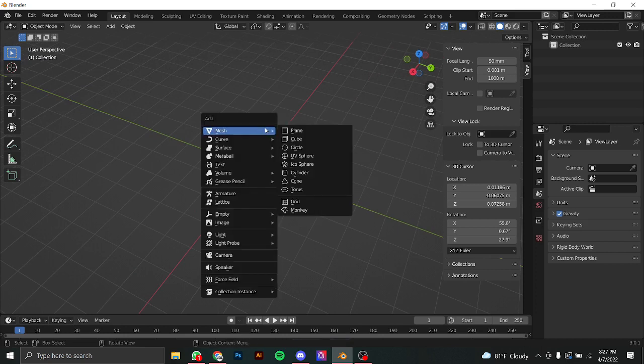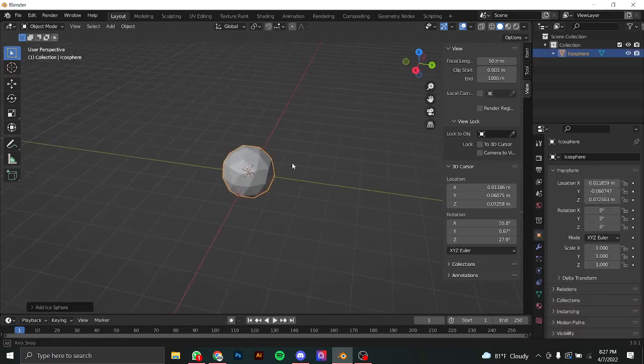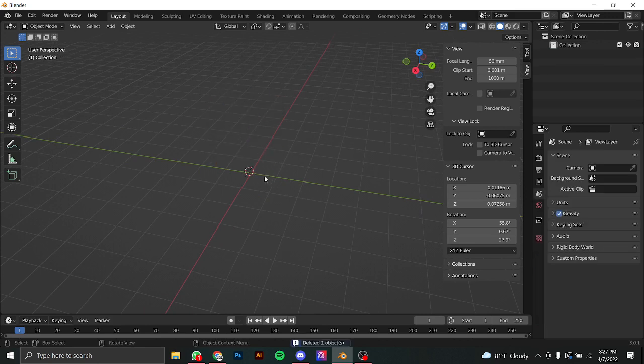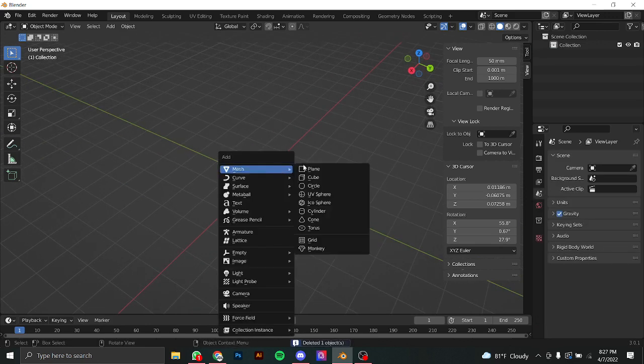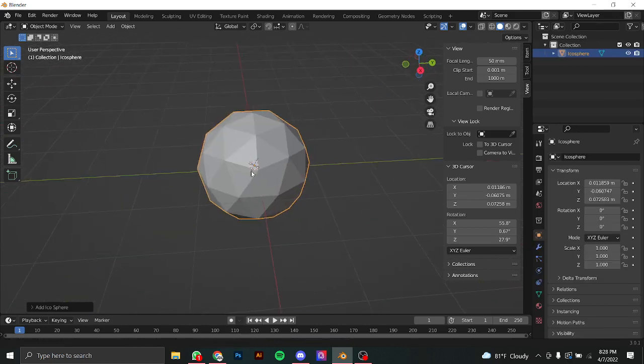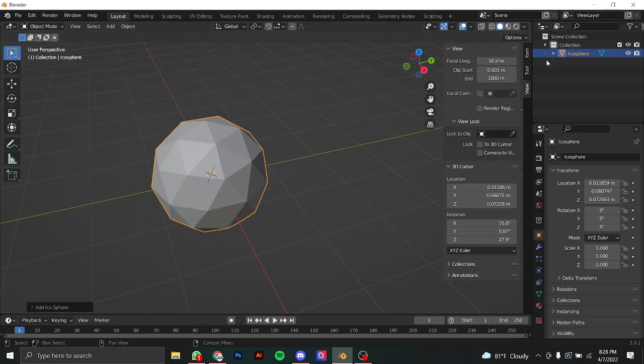So instead of starting with a cube, we can start off with an icosphere. How do you delete it? You just press delete. Yeah. You're gonna start also with an icosphere. An icosphere has more. Okay, so before we can go into that, right here you have like your layers,